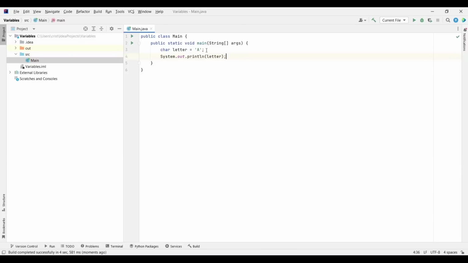So this is the char data type, and you may be wondering now, where is this useful? This can be useful in scenarios, let's say that you want to get the last key that was pressed by a user. You can use in that case the char data type because it's good for that scenario. And with the char data type, you cannot put multiple characters here. So if I put multiple characters, I immediately have an underline and it says too many characters in a character literal, convert to a string. So this is very important to have only one character in a char. In a char, you can store only one character.